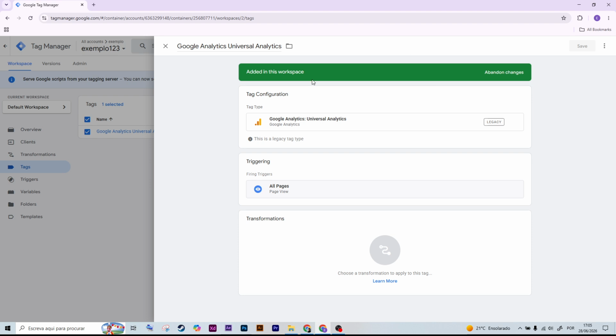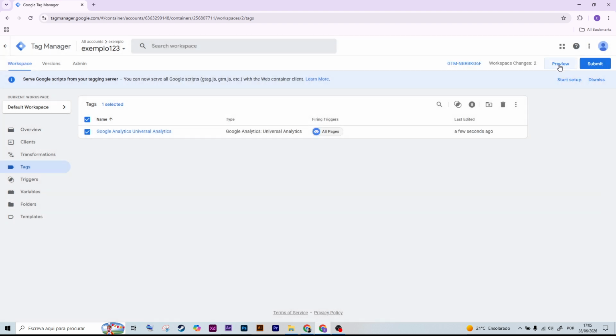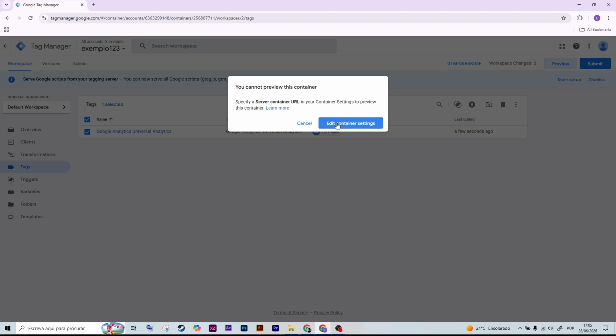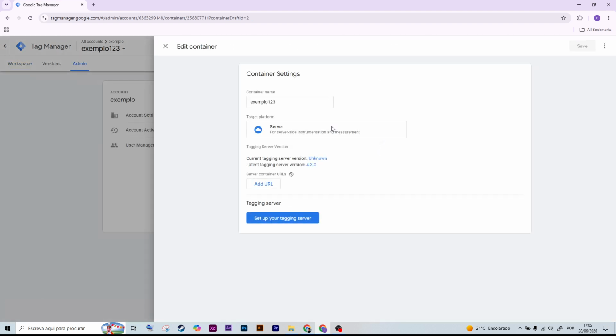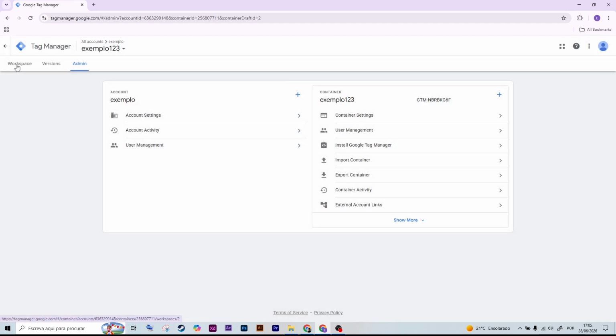Next, click Preview to open Tag Assistant and test your website. Accept and reject cookies in your consent banner to confirm that your tags respond correctly based on the visitor's consent choices. Finally, if everything is working as expected, return to Google Tag Manager, click Submit, then Publish to make your